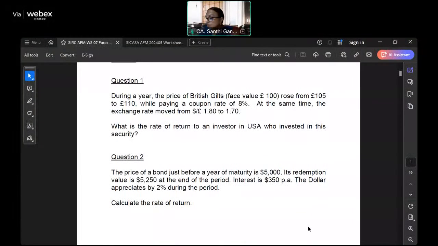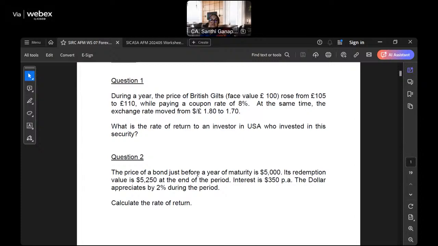Calculate the rate of return. Always, return would be % per annum. The price of a bond just before a year of maturity is 5,000. It's given in dollars. Its redemption value is 5,250 at the end of the period. So we know how much is the capital appreciation. Capital appreciation is always closing price minus opening price. Then interest is 350 per annum. So we know 250 capital appreciation plus 350,